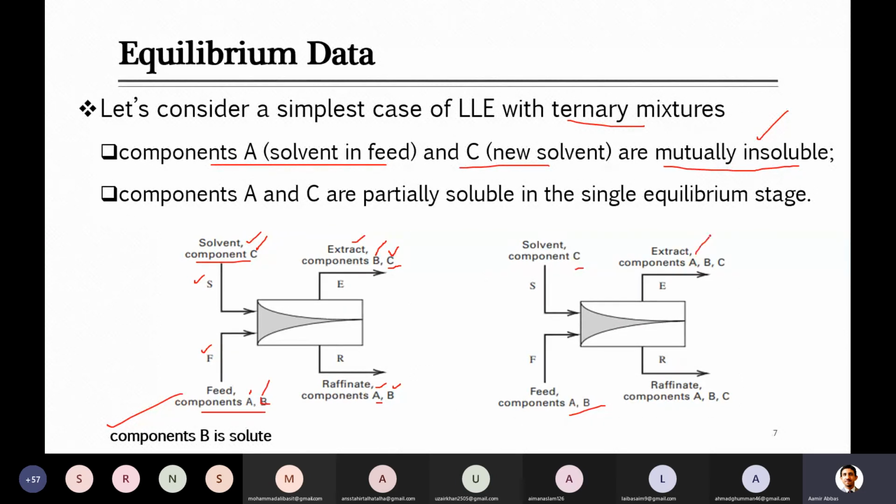In this case, you can easily see component A as a part of this major stream of C, and this is the case of the acetic acid and water system. That stream contained some part of the component which was initially the carrier of the solute in the feed. As well, in the raffinate phase, the major component is the feed part, also the solute which is not removed, and some part of the solvent is also transferred towards it, because they are partially soluble, partially miscible with each other.